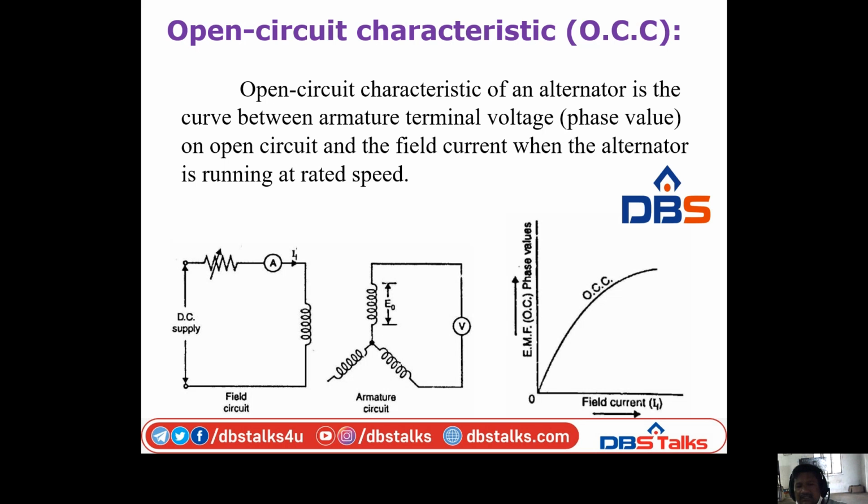So to draw the graph, at the start, apply the rated current by varying the rheostat. Actually it is put in the minimum position. Now by varying this, put the rated current. For this current we get one voltage, that is the open circuit voltage. So for a particular field current, the voltage is also particular. Now each single value is plotted, and the OCC curve is nothing but starting from 0 and going to maximum.